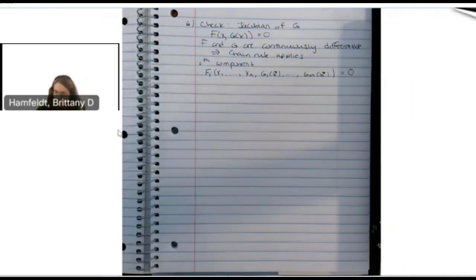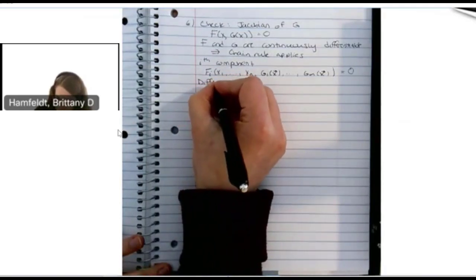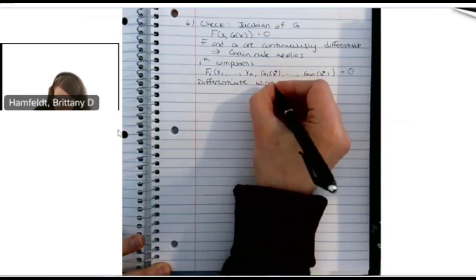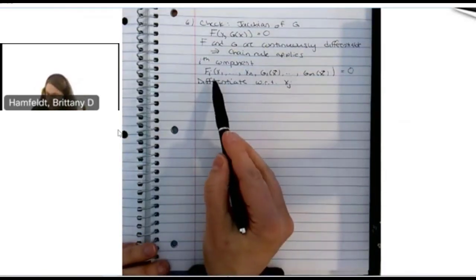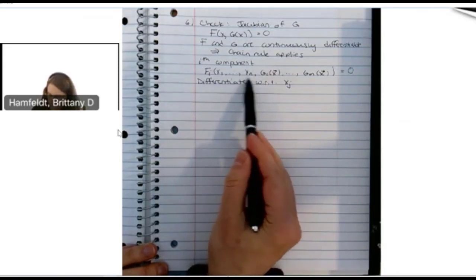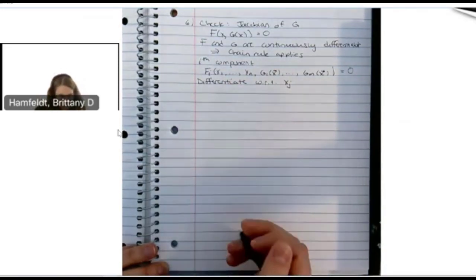Okay, so now let's take a derivative. Let's differentiate with respect to xj. When I do that, I have to run through all the components here. Most of these first ones don't depend on xj. The only one that does is the jth component. So I'm going to get